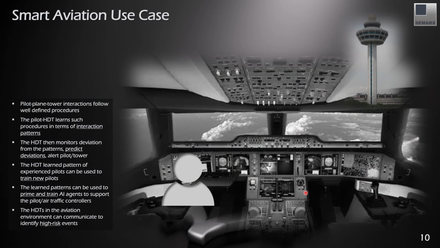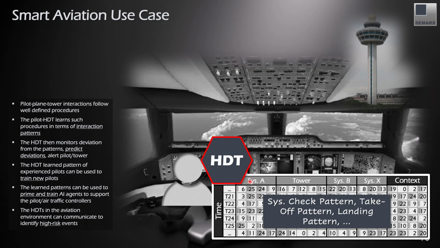Another prominent example or use case is aviation, where there is a lot of research about enabling human-machine teaming. So again, we have a pilot, we have a lot of systems in here, we have the tower, we have ground crews that also support them. And the advantage of aviation environments is that they are all digital. There is a record for every single interaction that's happening. So when we have a digital twin, it will capture, again, the pilot's interaction specific to that pilot, with the system around them in a certain context, and then identify patterns like system checks up to takeoff and landing patterns, and so on.